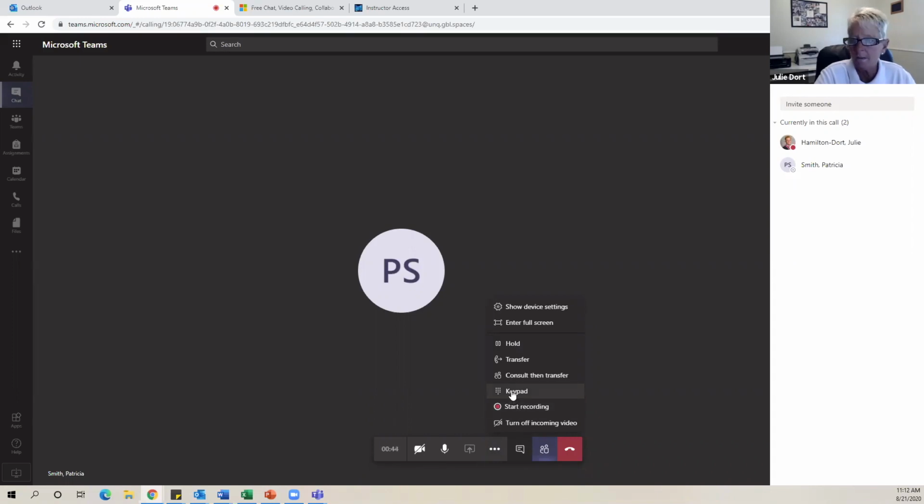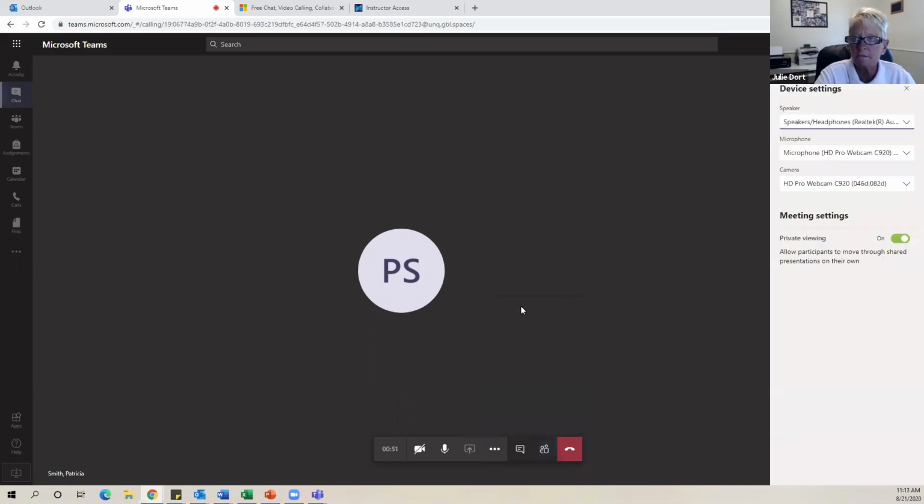I could show a keypad if I need that. I can show device settings. So if I go ahead and click on that, it will allow me